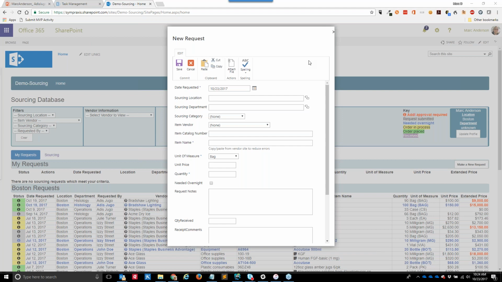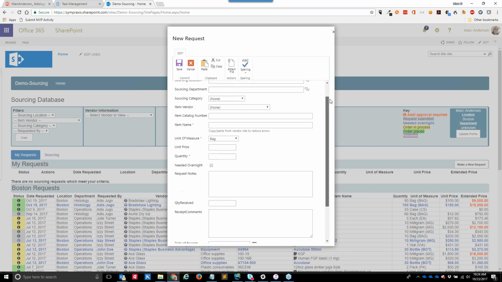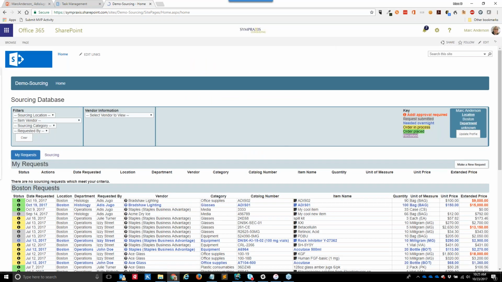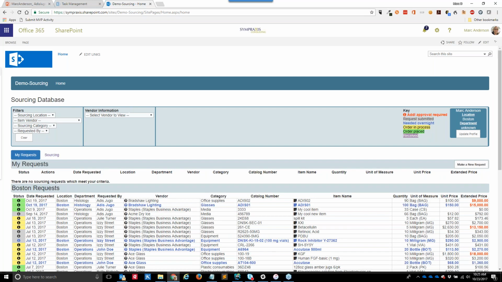I'm really looking forward to being able to use the Power Apps forms right in context like this, so that we can make them look a little bit nicer, maybe arrange the form a little bit better. But this is a basic form that certainly works to get the job done. We ask for some information from the user who's making the request, and when that's saved, it's visible on that page, so that we can see what's been going on.